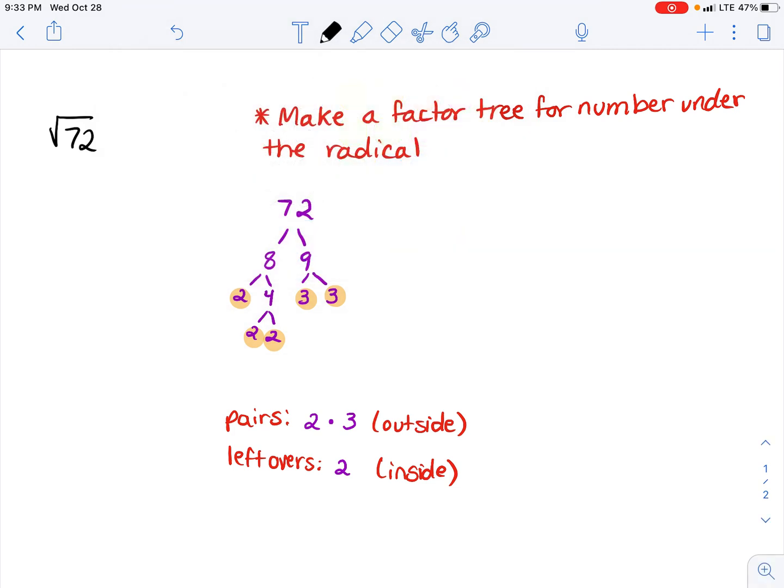Okay, and so now when I go to simplify this, on the outside I get 2 times 3, and then on the inside, I'm left with just 2. And then I can simplify 2 times 3 again to get 6 root 2. And so that's how I simplify